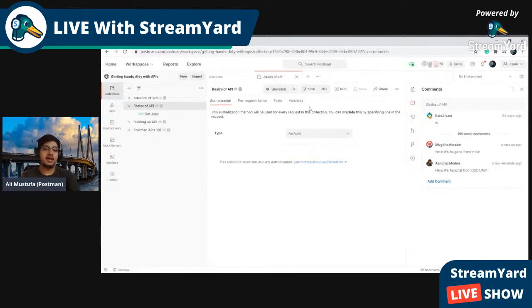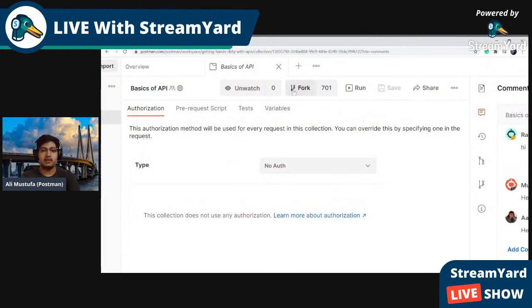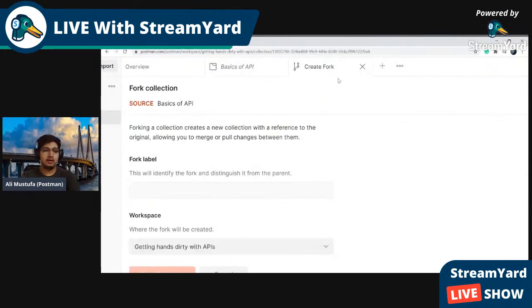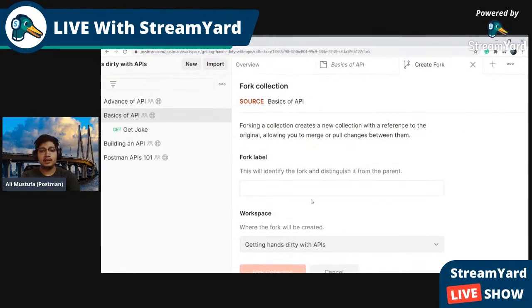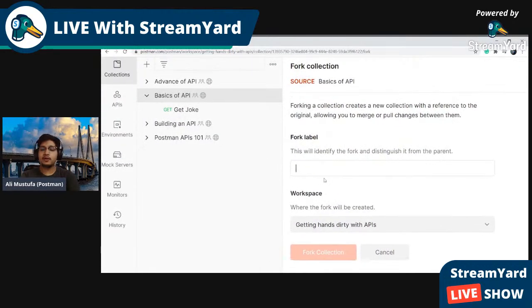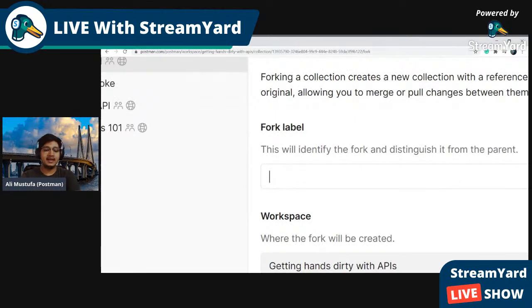So what I want you to do is go here. You can see there are 701 forks here, right? So click on fork copy. Click on create fork, and then add a fork label as anything you want. The fork label just helps you distinguish the parent from the child. It's very simple. I usually prefer to add the date, so I will add March 13, since today is the 13th, followed by my username.